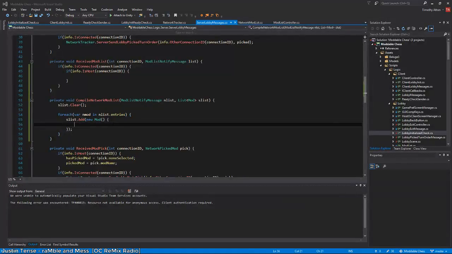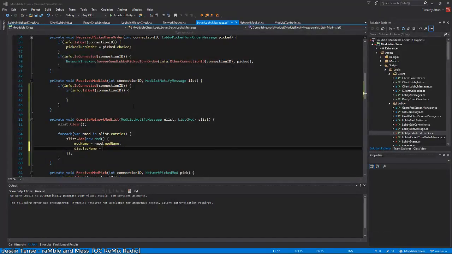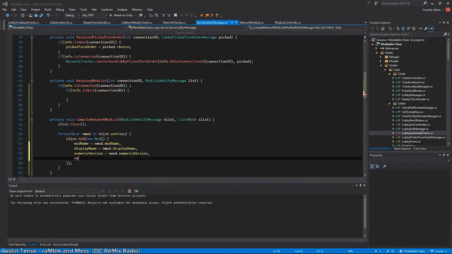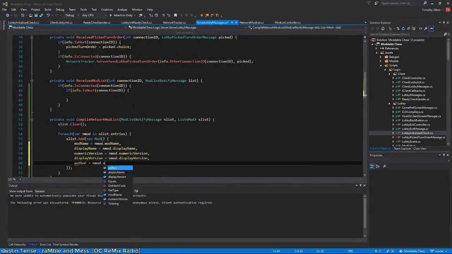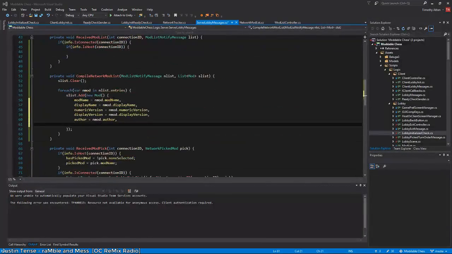So we got the mod name, which I think is the same. I think it basically has all the same stuff. So we've got the numeric version, display version, and then we got the author. The only thing that's different here is we have the network status,